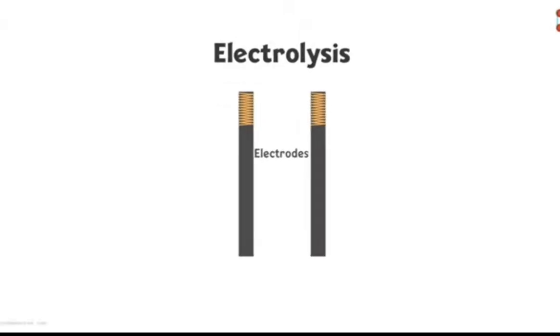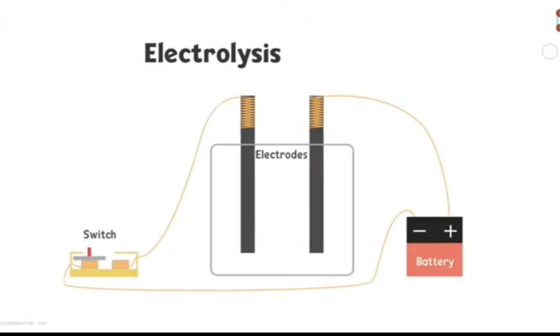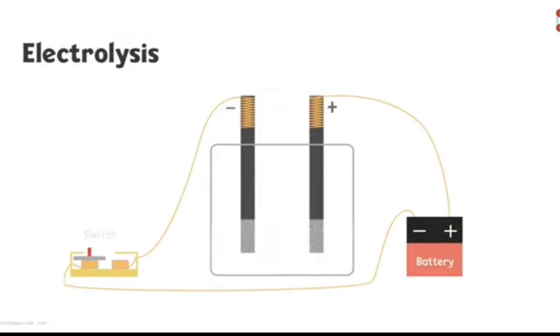So what can be done for the electrolysis? We require the electrodes, battery and a switch. Now if we put the solid NaCl for the electrolysis, the question arises, can electricity be produced during the solid NaCl pouring? So the answer is no, as the NaCl is the ionic compound and it's solid, so it does